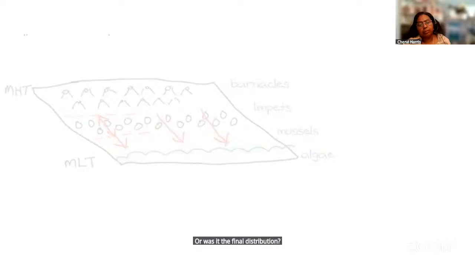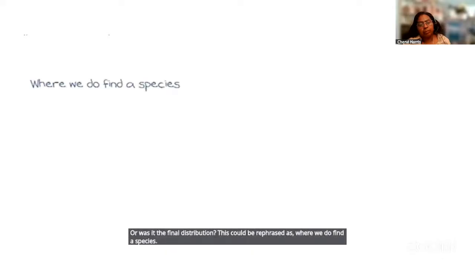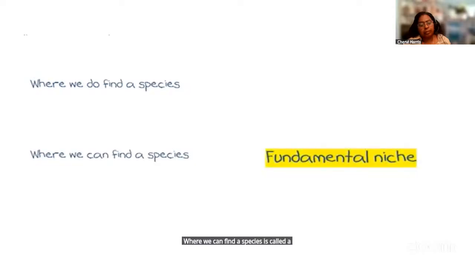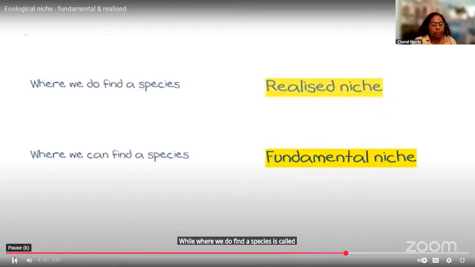This could be rephrased as where we do find a species or where we can find a species. These have been given names. Where we can find a species is called a fundamental niche, while where we do find a species is called a realized niche. All right, I'll pause it right there and let you write that down, because that was your